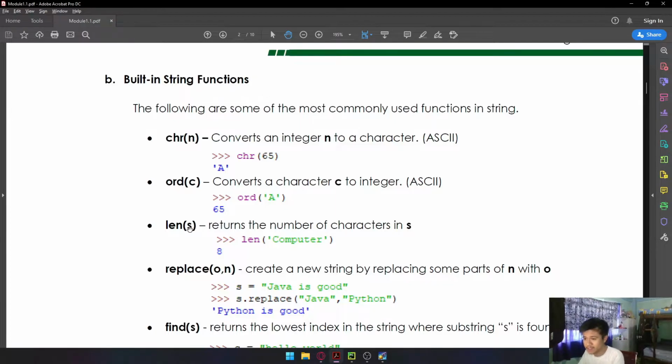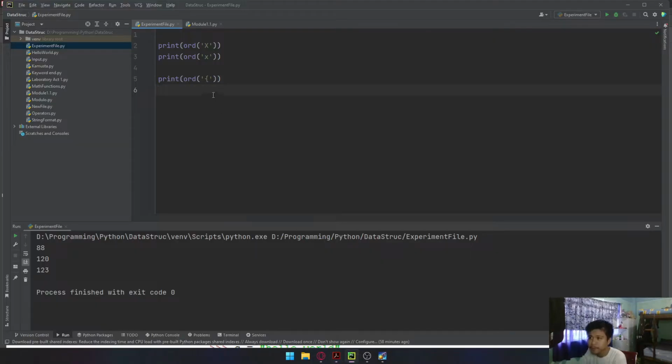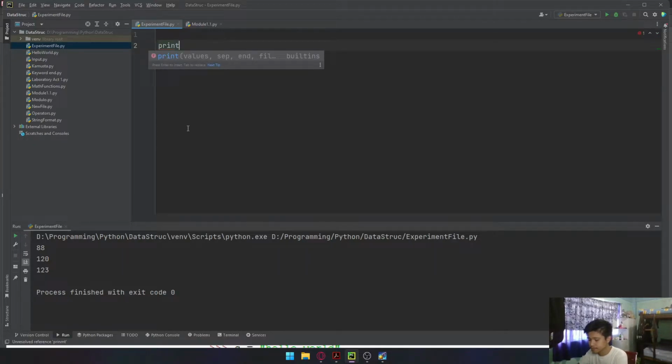And then next one is len. So this one returns the number of how many characters we have in that specific variable. So for example, we have this one right here, len, and then computer. Of course, by counting starting from letter C up to the letter R, it will give us a value of 8. So 1, 2, 3, 4, 5, 6, 7, 8. So to test this one out, it's print len